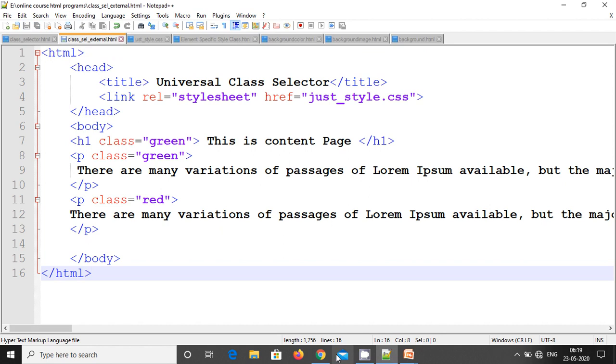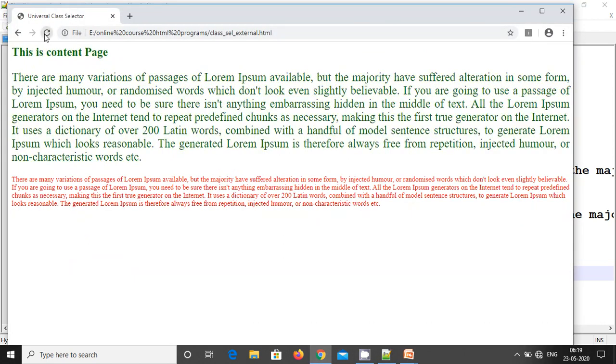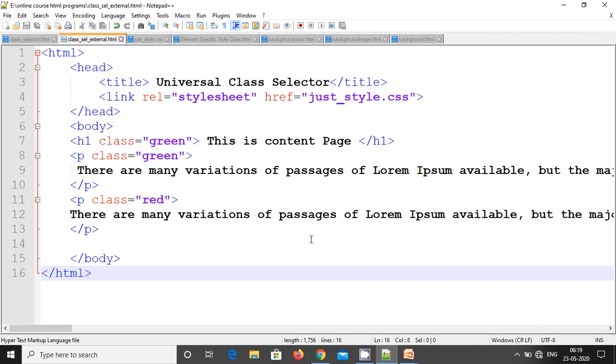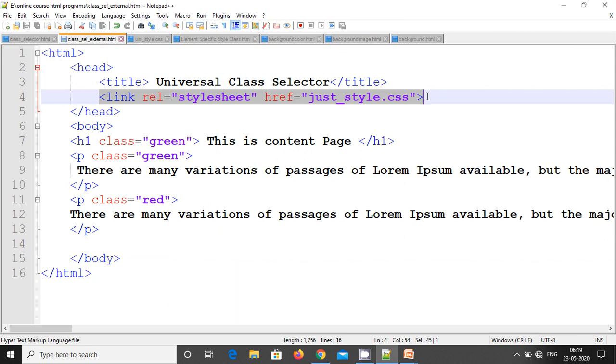Let's see how it executes. I'll refresh this. Yeah, you can make out the changes, right? So this is how all the styling properties can be brought into a different style file, that is the css file, and you can apply those files using just this statement. This is how an external style sheet can be brought in.